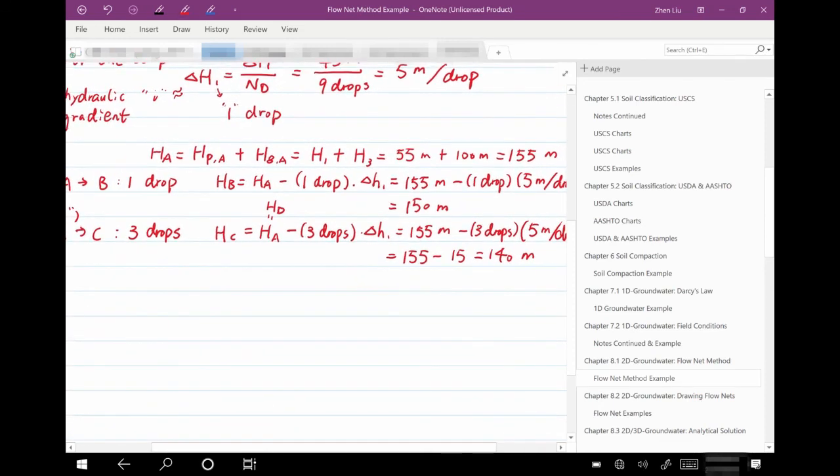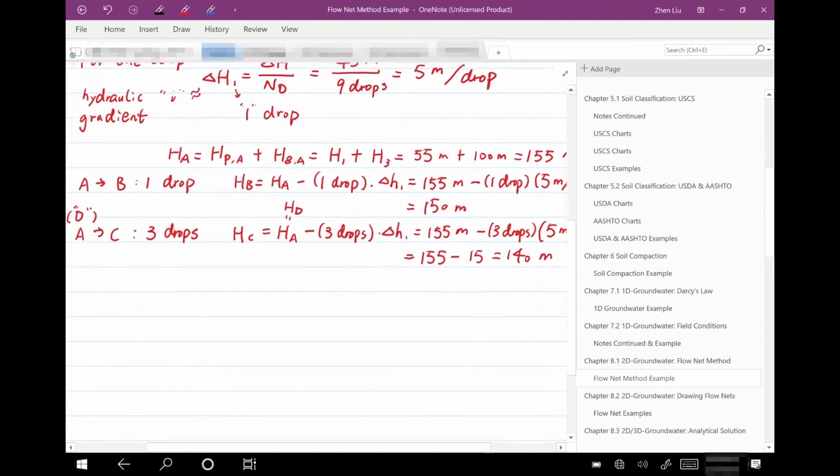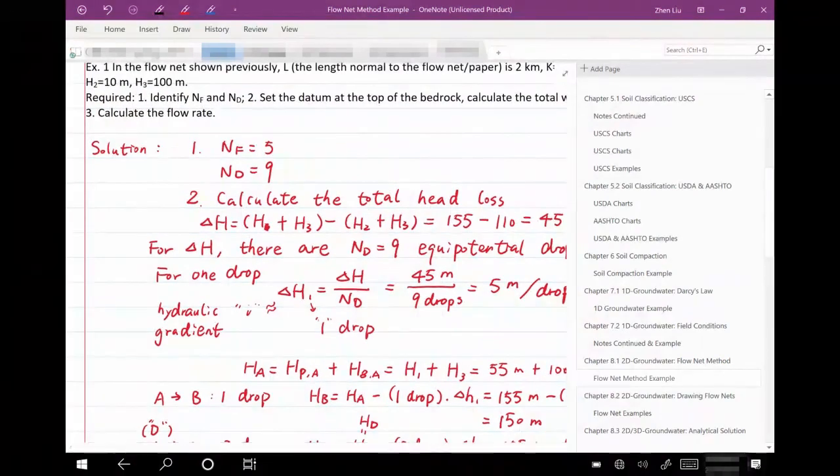We know the total head, and if we can get the exact location of B and C, actually we can also get the elevation head. With the total head and the elevation head, we can also calculate the pressure head at B and C. This is part 1. Part 2,